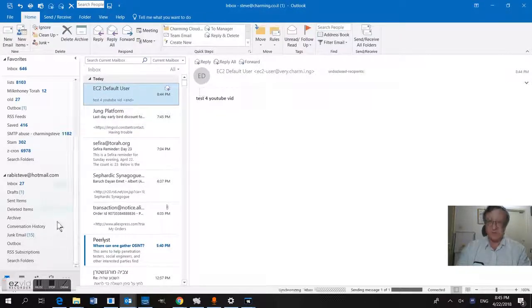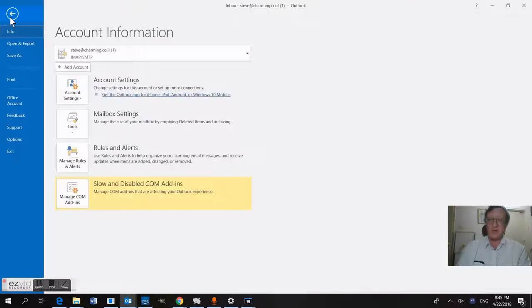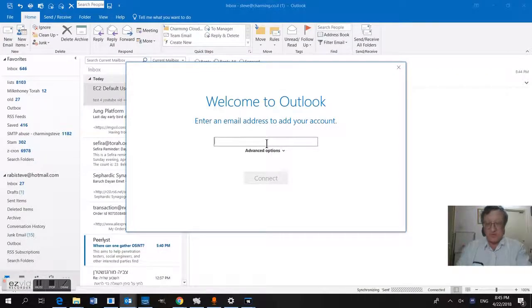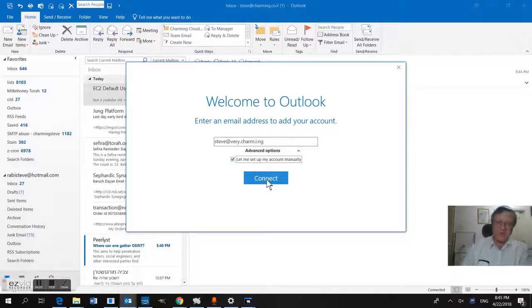And press send. And now we're going to do the next part of this. The very next part of this is to add an account. So now we're going to add an account for Steve at very.charm.i.ng. Okay, and we're going to select advanced options, and we're going to say set up my account manually, because you